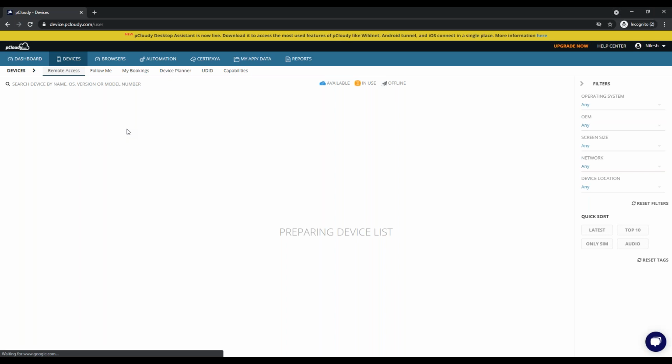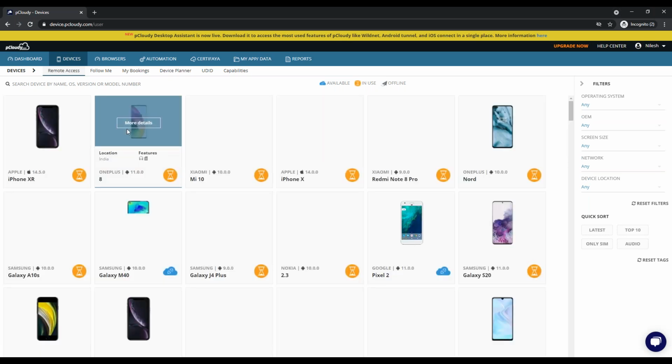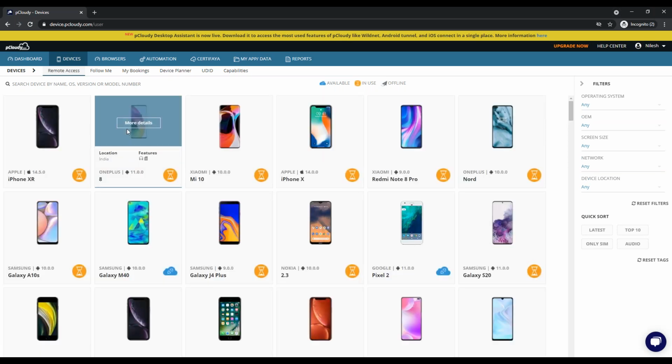We will just see some of the key features and how you can use this particular platform, and then we will come back to the slides where we are going to see the obvious advantages we get for the remote testing of your application on mobile devices and